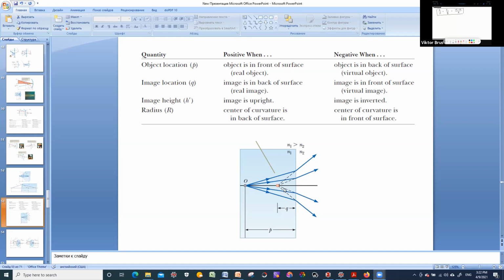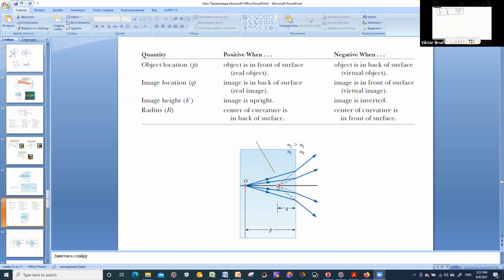If we extrapolate these refracted rays from the second medium towards the interception, here will be the image, and this image will be virtual. So that's why each flat interface forms a virtual image,